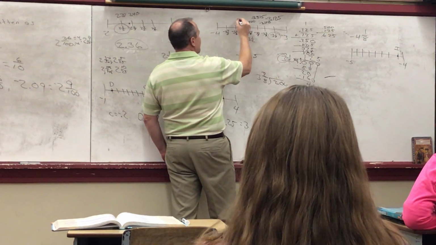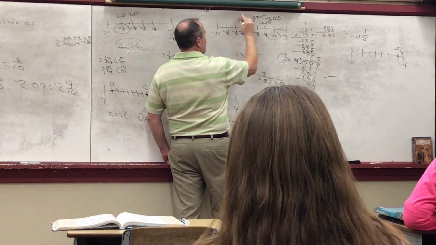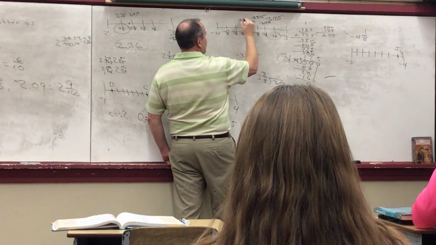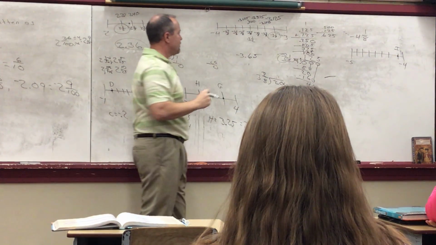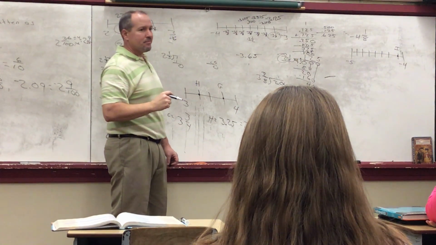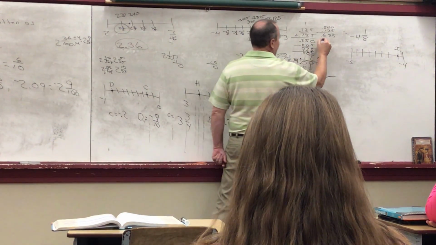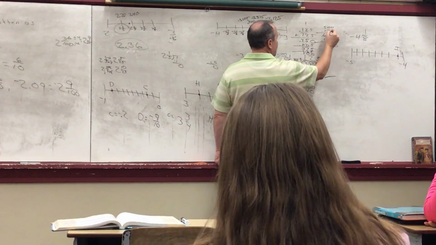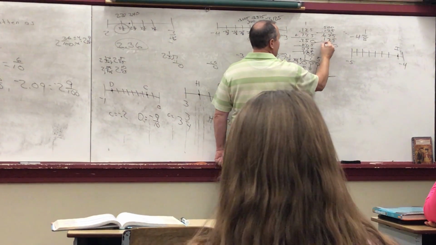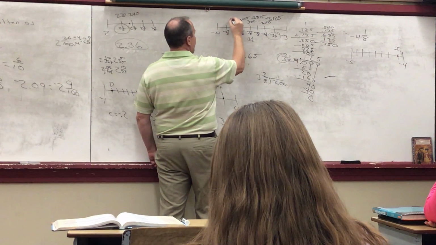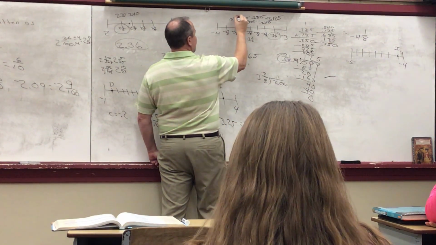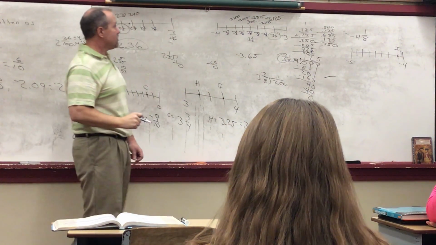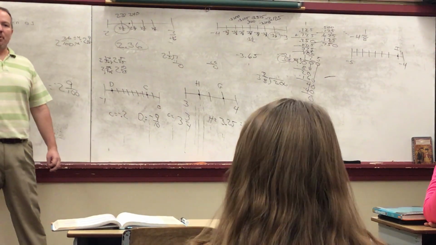And that gives me -3 and 625,000. What am I going to do? Add another 125,000. 10, 2 and 2 is 4, and 1 is 5, 6 and 1 is 7. Now it's going to be -3 and 750,000. I can stop at that point